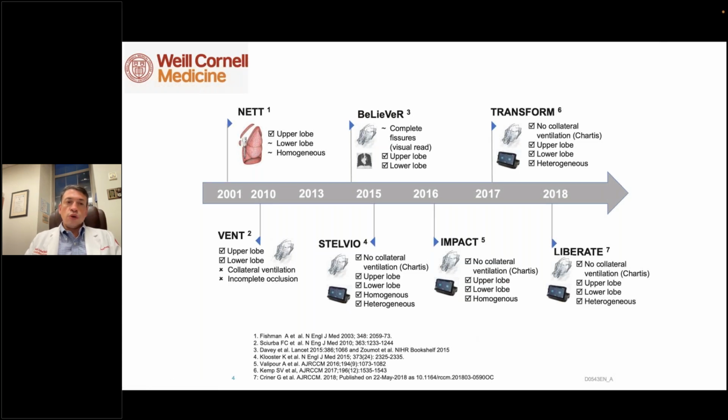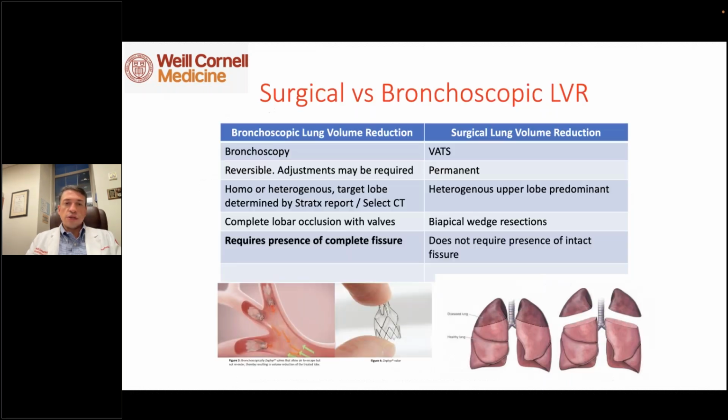Now, we also see from the slide that there's really only been one clinical trial, the famous NETT trial published in the New England Journal of Medicine, that looked at surgical treatment of lung volume reduction in advanced emphysema. That's also an interesting observation that further supports the need for a less invasive approach for these patients. What is the difference between surgical and bronchoscopic lung volume reduction? Well,